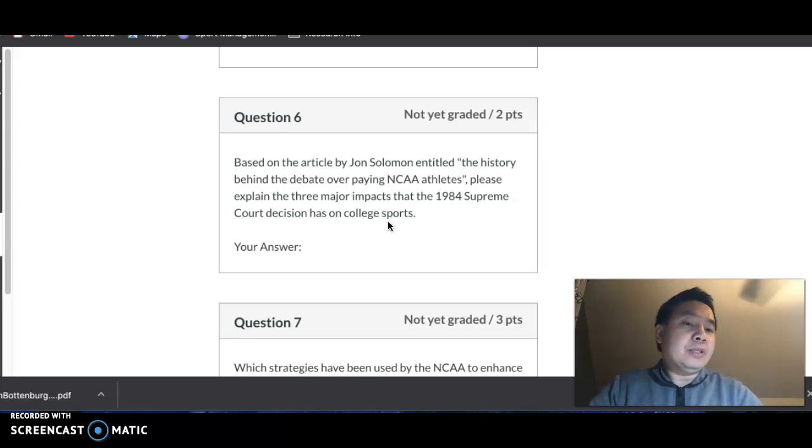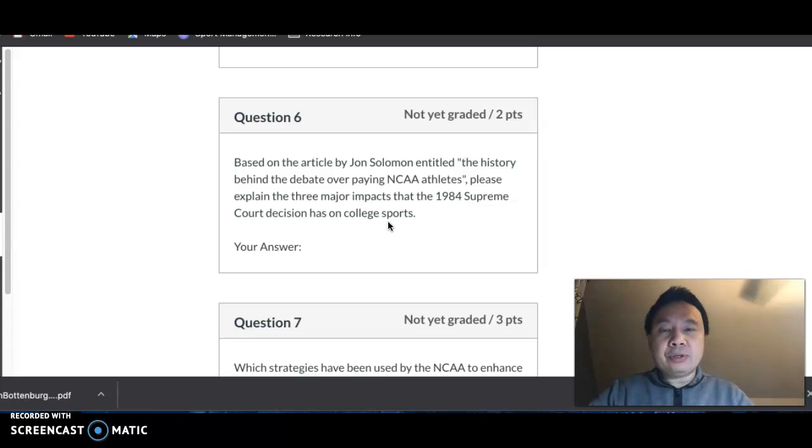So the conference has expanded, and a lot of big schools decided to join the big conferences, and the conference can leverage the broadcasting rights with the broadcasters during the negotiations. So those are the biggest impacts. Obviously, they also have a huge impact on student athletes. They say student athletes can never be paid, and they also have a huge impact on coaches' salaries. So coaches' salaries have increased significantly.